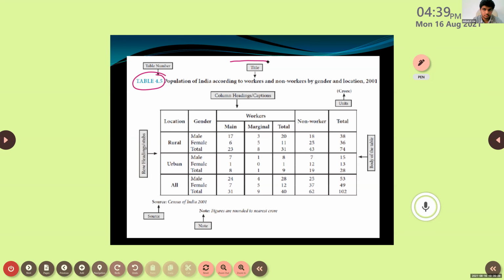Belongs to which chapter? Fourth chapter. And which number table is it? 4.5, in the sense, the fifth table of the fourth chapter. Okay. Now,